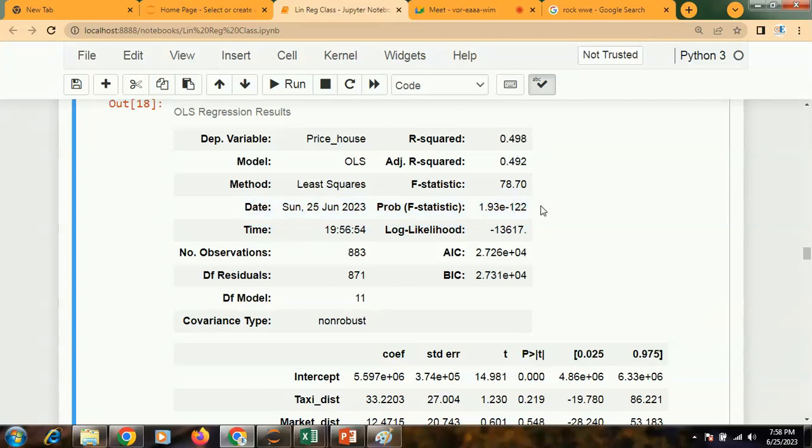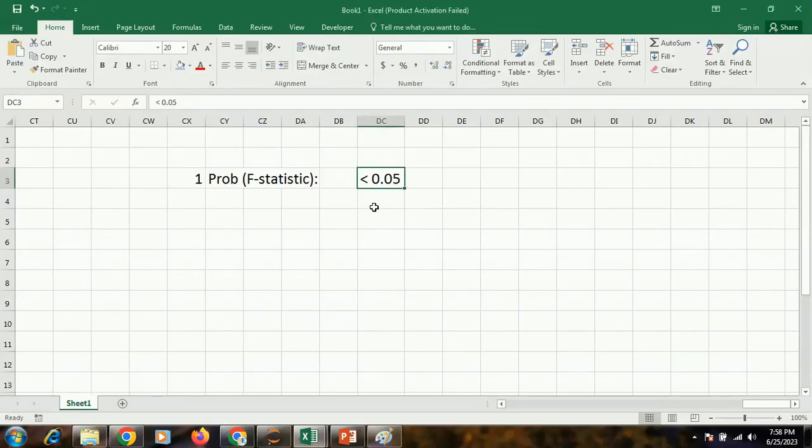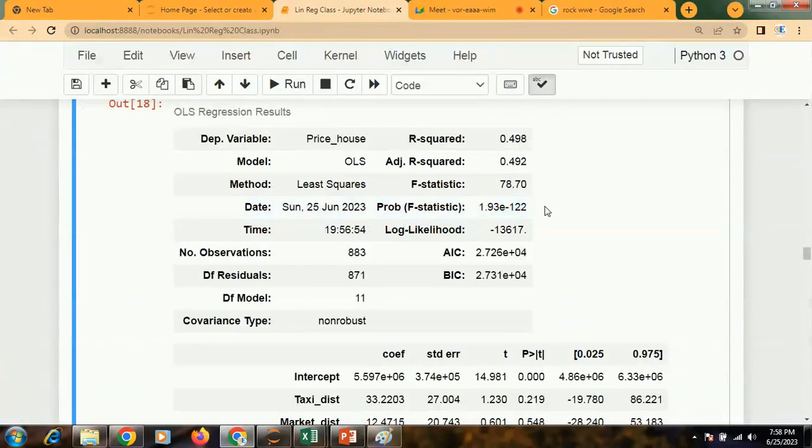So this should be less than 0.05. It is coming from hypothesis testing. At the moment you have not studied hypothesis testing, so I am not telling you the hypothesis, but directly telling you the thing you need to check.